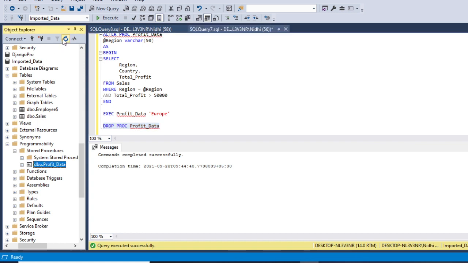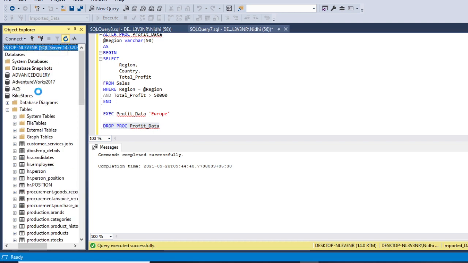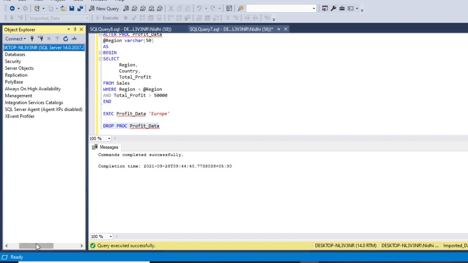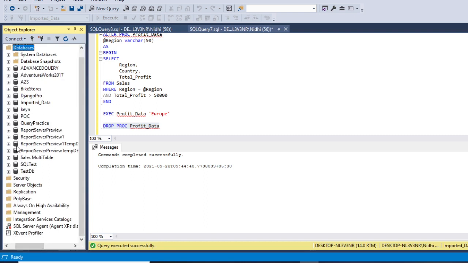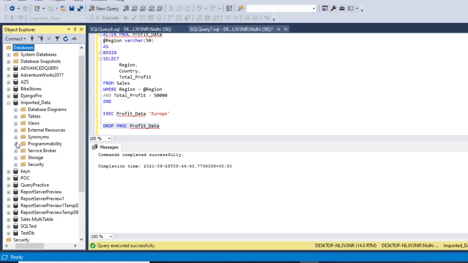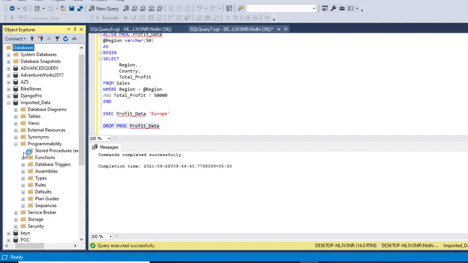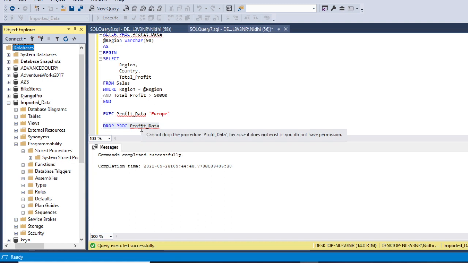We'll refresh our database again to check if we still have that stored procedure or not. So we will go to our database, then click on programmability, then stored procedures, and as you can see we don't have any stored procedure because we have deleted our stored procedure by the drop command.